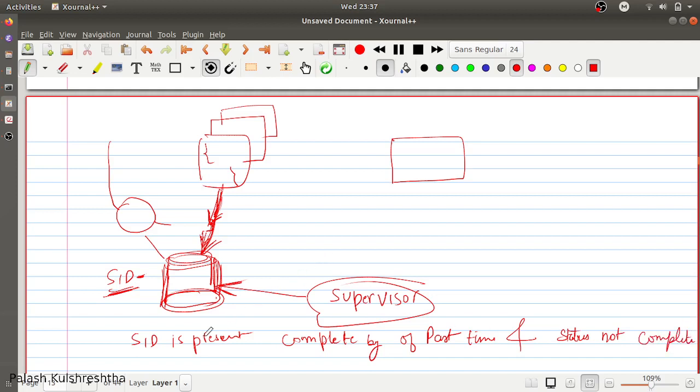Then it is going to remove the SID present in the state store. It is going to increment the complete by time to some future value to let schedulers know that this is a new task that needs to be picked, and then again schedulers are going to repick this task, do that particular piece of work and get done with it.